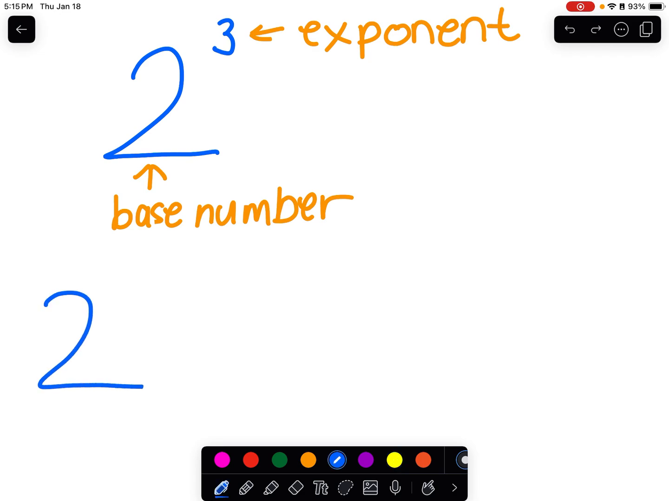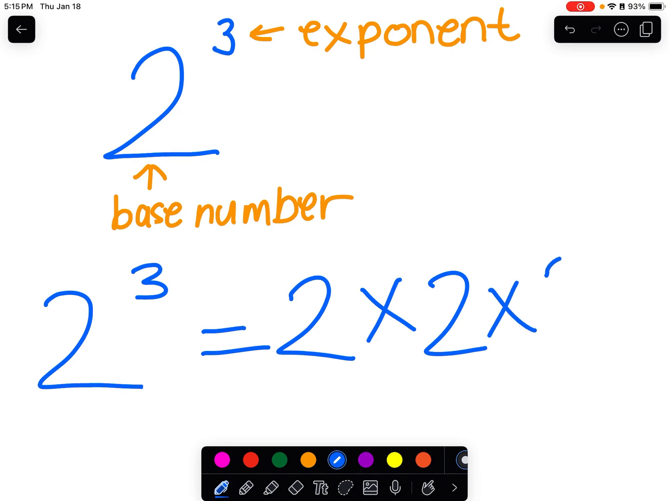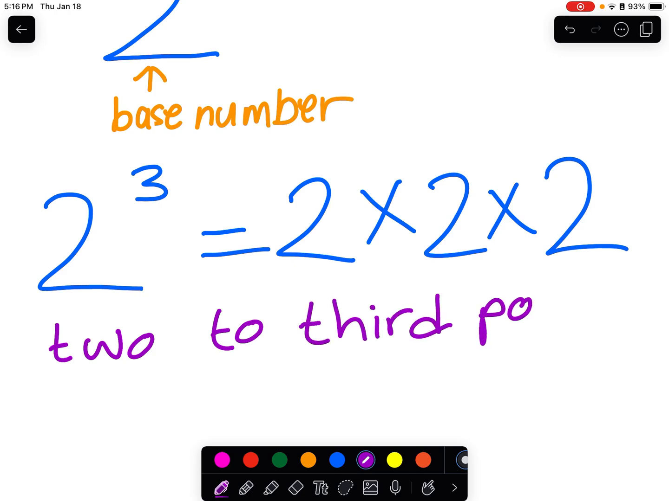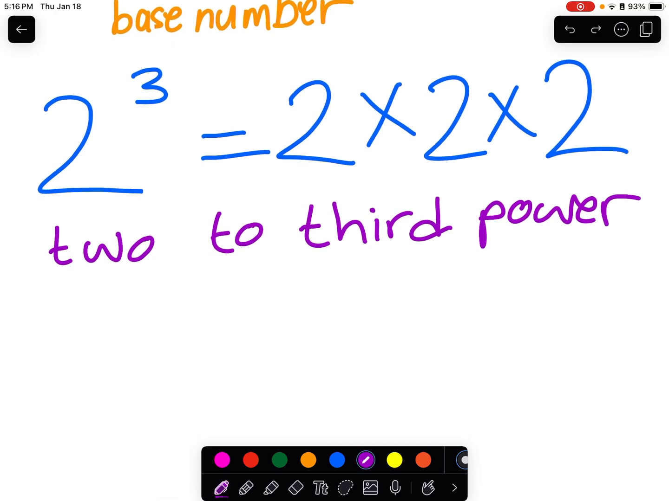So, what do I mean by that? I mean 2 to the third power equals 2 times 2 times 2. Now, notice what I said there. I said 2 to the third power. Let me write that out so you understand what I'm saying. 2 to the third power. That's how we talk about exponents. We say that as 2 to the third power, or you can also call it 2 to the